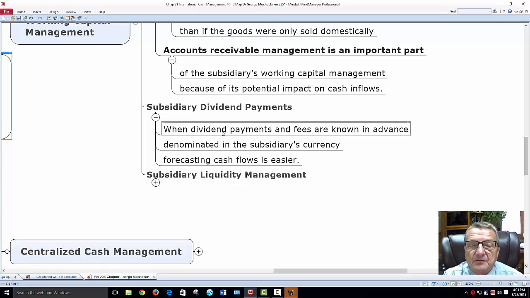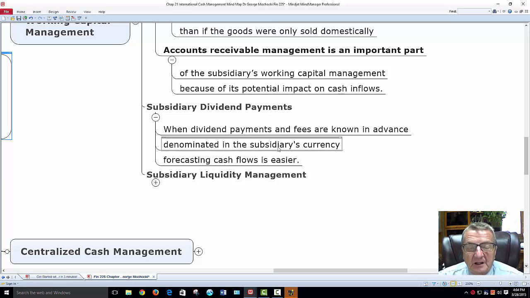But okay, so I'm looking at dividend payments. Who controls that? Should I just leave it to the subsidiary? Remember, if they're paying out dividends, that's outflow from a subsidiary. The parent may need that money and say, hey, bring some of that back in here. You could pay part of it as dividends, or retain half of it, getting some to the dividends to keep the shareholders in that domestic arena happy, but we need some cash back. If you just leave it up to them, they're going to try to keep shareholders happy. But remember, I'm talking about cash, money coming in and out. Who has the cash? We'll discuss it further on.